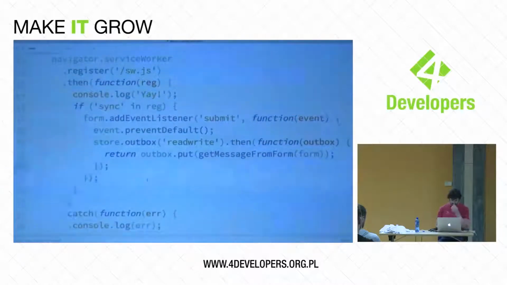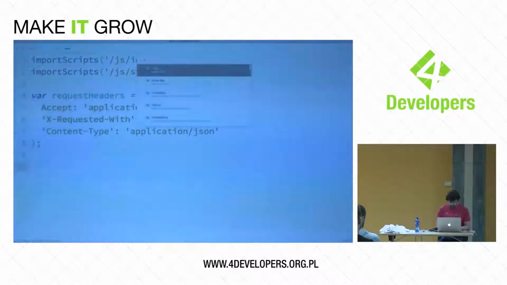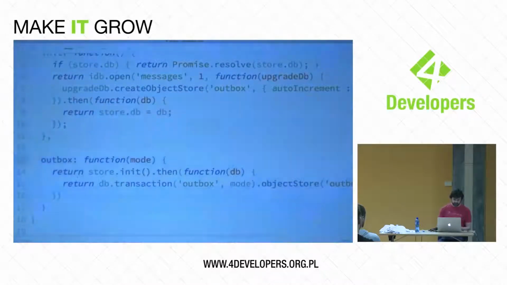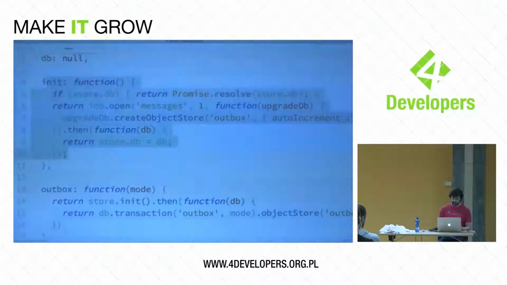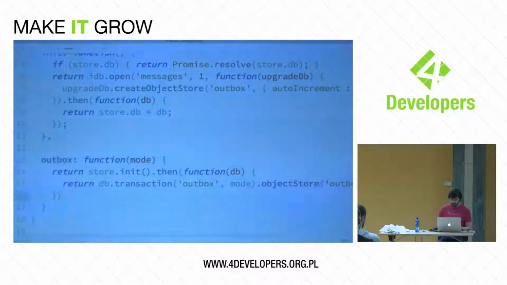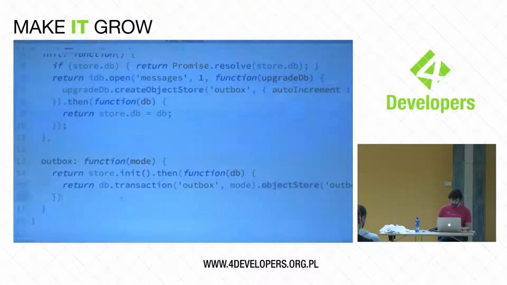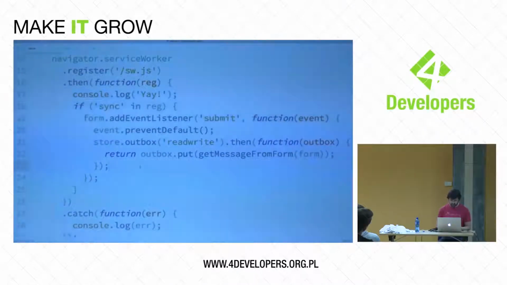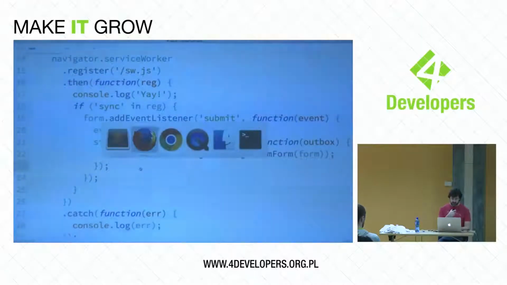And that is adding things into IndexedDB. We can take a look quickly at the store. It's very simple. This outbox function simply calls store.init, which really does the opening up and creating of stuff, and then does a transaction and gets the object store and returns it all. It's not a big wrapper whatsoever, but it does make things a bit simpler than doing all that over and over again inside the application code. So cool, that's putting things into IndexedDB.